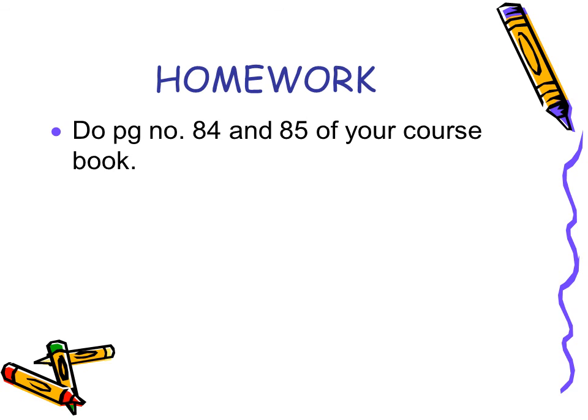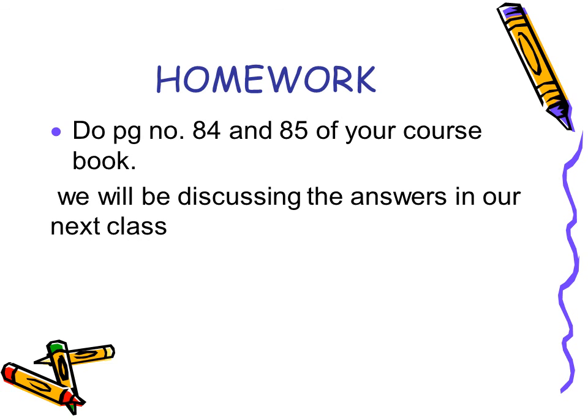Like in the second question, you can see number of leaves. The number of leaves in the first stem is 3. The number of leaves in the second stem is also 3. So we have 3 objects in 2 different groups. So 3 plus 3. 2 3s are, you can write the product as well. Now we will be discussing the answers in our next class for sure. I have repeated it again and again for you to understand it very properly, so you don't have to worry about the answers.